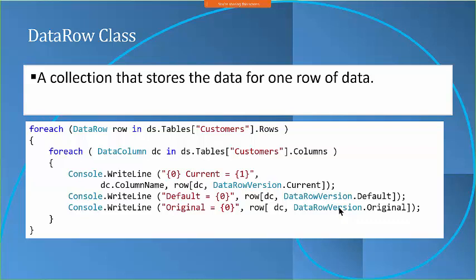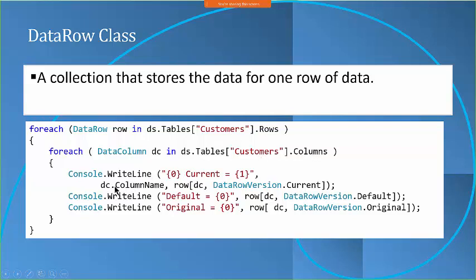The data row class is actually what stores our data. And here's an example of iterating through a data set. So here we have a data set which has some tables. We're going through the customers table, and we're going through all the rows in that table. And so we're going to throw data row as a type. So for each data row in those rows, we're then going to say for each data column in DS tables customers columns,